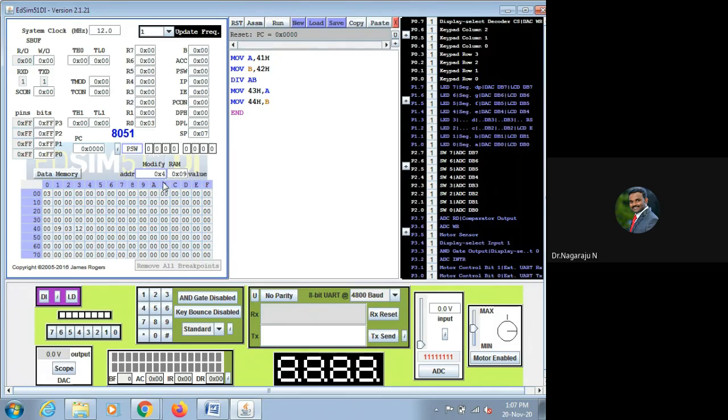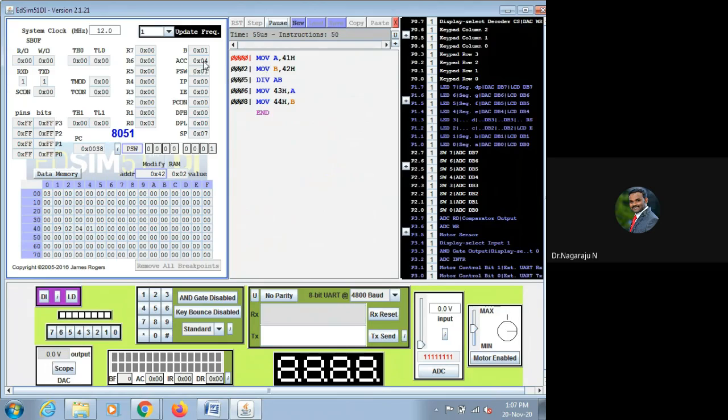Again I'm going to give the input data at 42 as 2, right? So if you press, the input data is 41 contains 09 and 42 contains 02. Now let us see the output. Just give the run command. If you give the run command, see here 9 divided by 2. So 9 divided by 2 indicates what? 4 is the quotient and the remainder is 1, right?